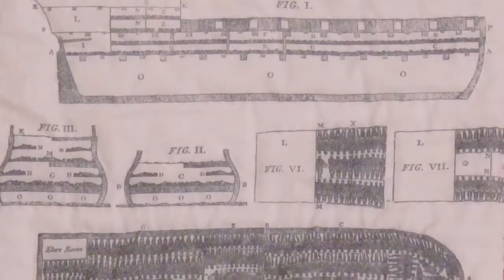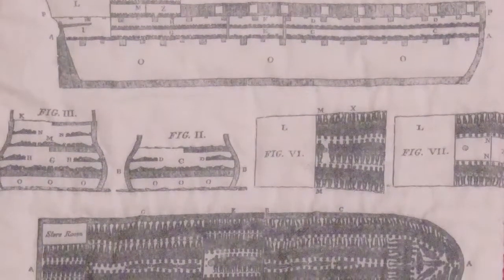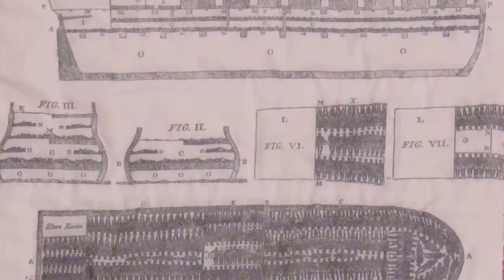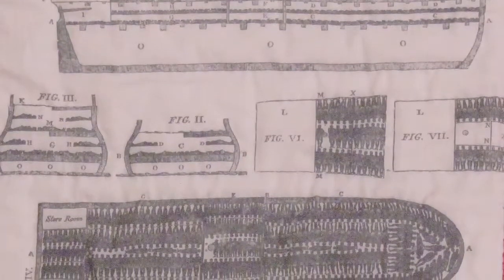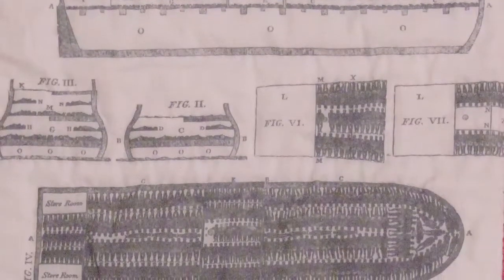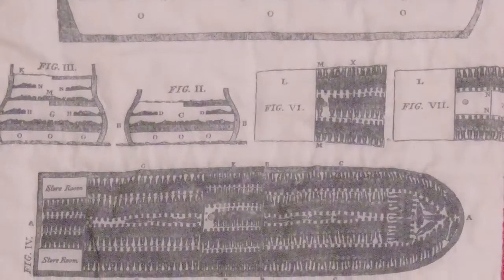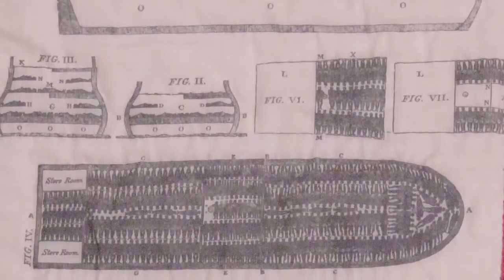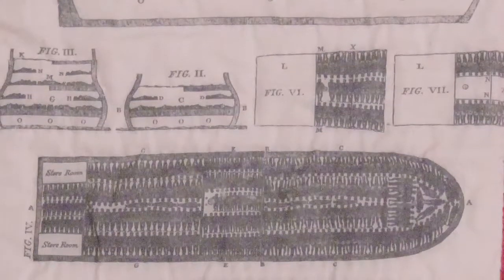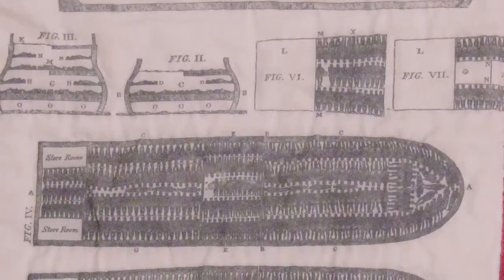I start out with this image of the slave ship. It's the Brooks that was sketched by English abolitionists in the 18th century who were trying to end the Atlantic slave trade. And if you look very closely, you can see that what might just look like black marks and white marks are really intended to represent the bodies of people and the way that they were packed into these slave ships. And that was one of the big arguments against slavery, the inhuman ways in which people were